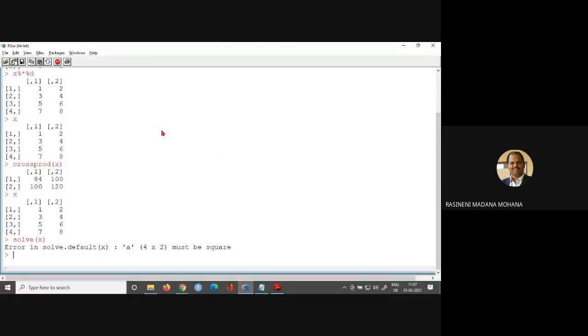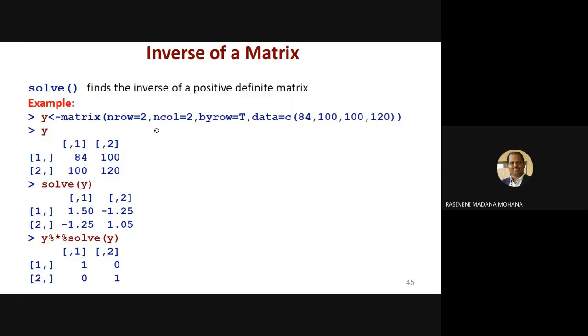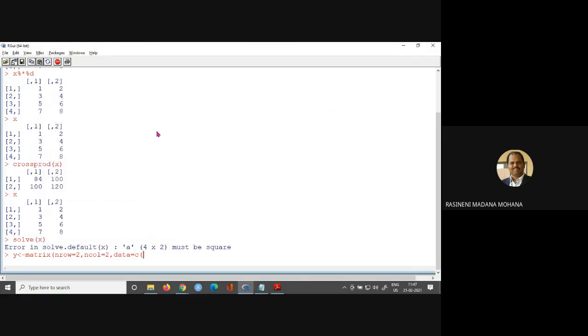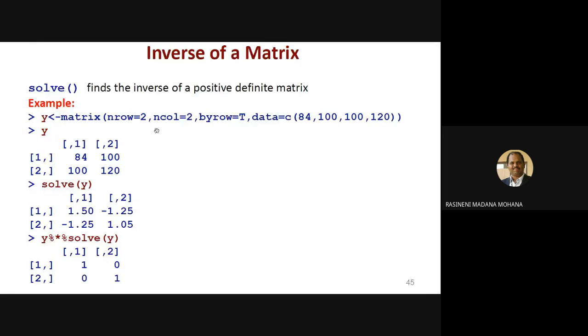So suppose you take the matrix as y equal to matrix of, creating a square matrix. Here nrow equal to 2, ncol equal to 2, then data equal to c of, for example, the same values: 84, 100, 100, then 120.